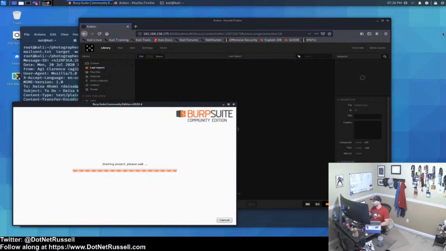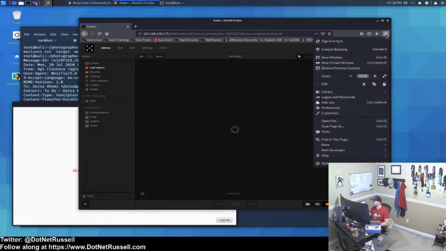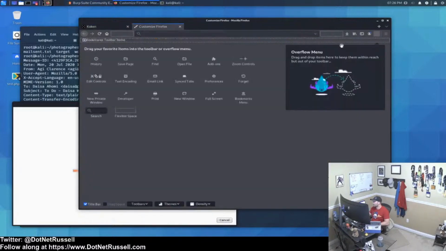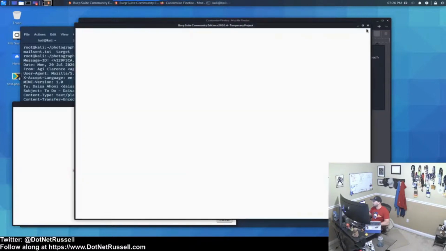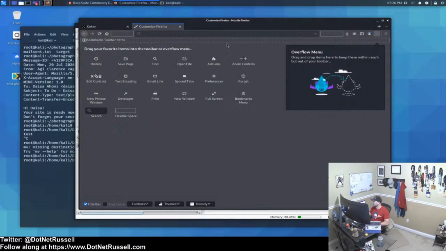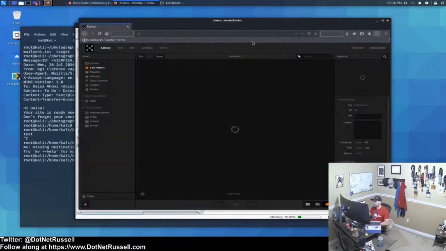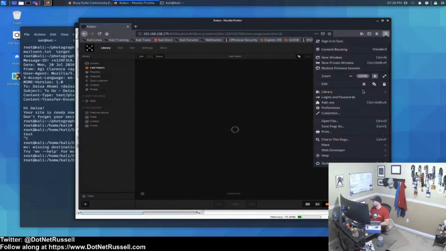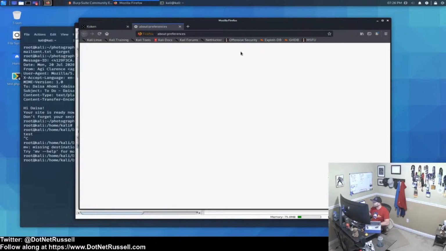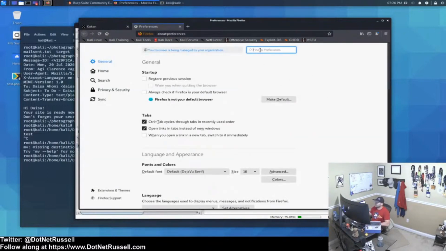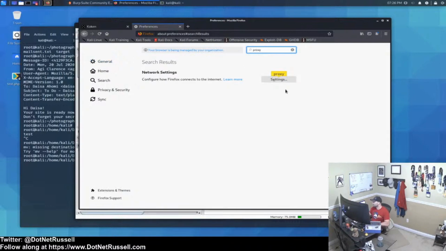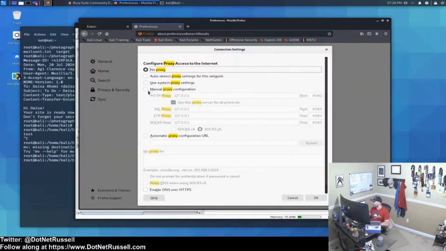Okay, while that's getting booted up, another thing we have to do is go into the browser and set up the proxy. Otherwise, this isn't going to work, and it's not in Customize. Don't do what I did. It's under Preferences. So you go into Preferences for Firefox. Actually, most of the browsers are the same, if you're using Chrome or whatever. Essentially, you just go in here, type in proxy, open up these settings,